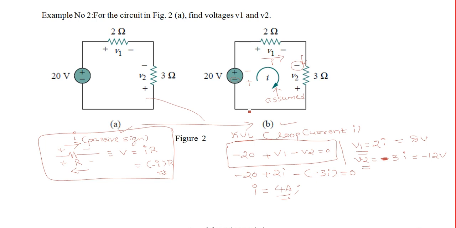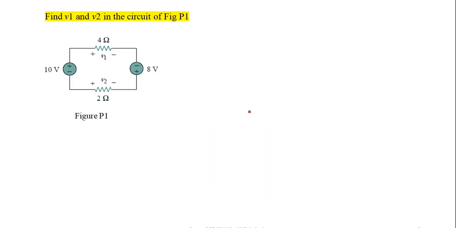This one I discussed maybe in the last-to-last lecture. So no issues, we need to practice these things. Fine. This problem is for you, everyone. You need to solve this. That is in slide number 7. The problems marked with yellow shades are the practice problems. You need to find V1 and V2. I can give you a few hints here.